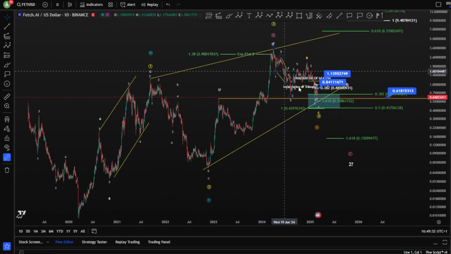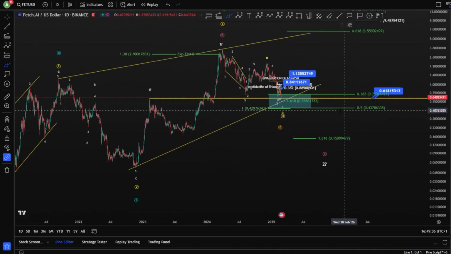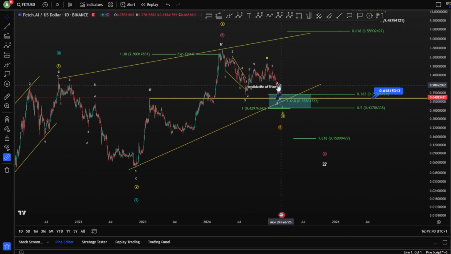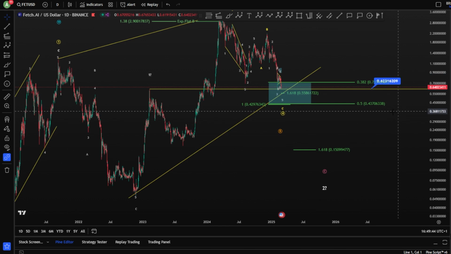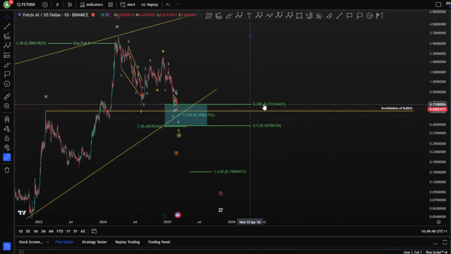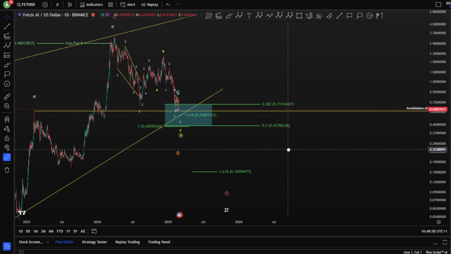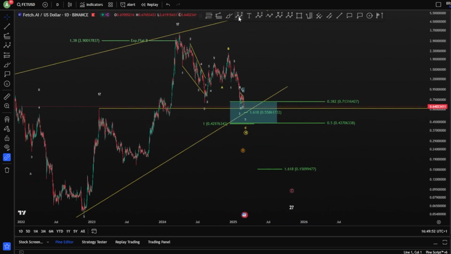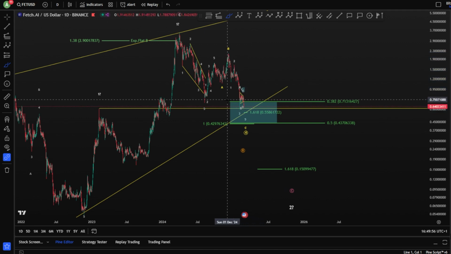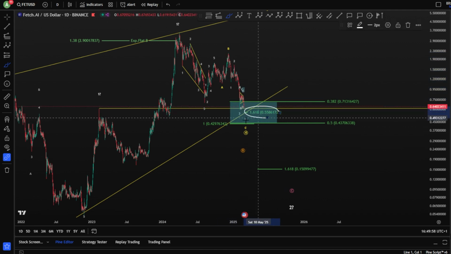If we are in the leading diagonal for 1, 2, 3, 4 and a 5, your perfect target for a leading diagonal of course can be as well the same level, where you would like to hit of course the same level here for this leading diagonal as a wave 4, 0.38, 0.5 Fib level, and preferably of course in A, B and a C, where your wave C has to hit of course the 1-to-1 Fib level, given of